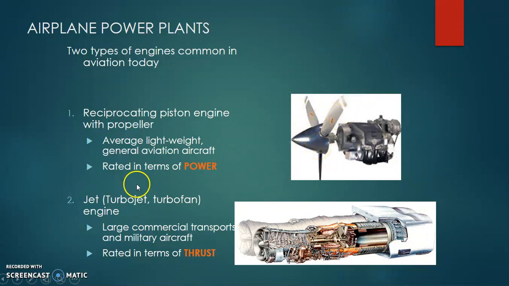The whole idea is the requirement of thrust or power. Reciprocating piston engines with propellers are rated in power, whereas jet engines are rated in thrust. Power applications are more suitable when you have smaller velocity and smaller thrust requirements, whereas jets and turbofans are more suitable for handling higher velocities, simply because at extremely high velocities up to Mach 0.8, 0.9, these